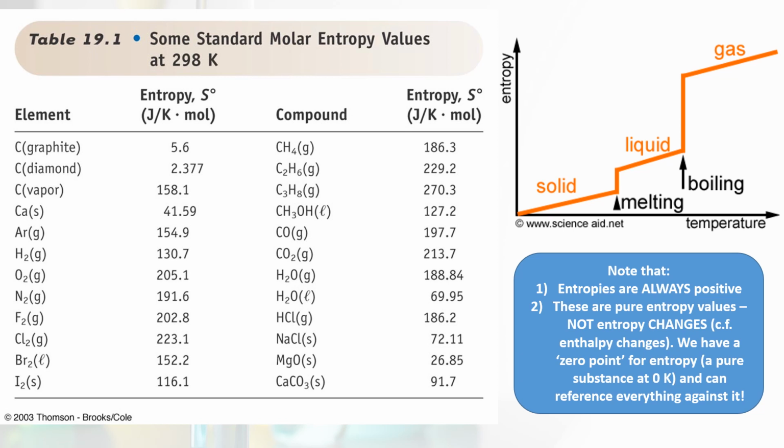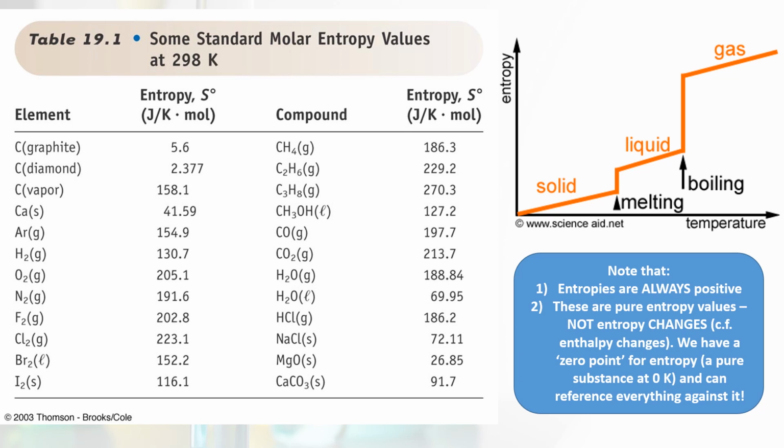And this will increase to the point where we melt our ice. And you can see on the melting point that we have what's called a discontinuity in our graph. We have this straight vertical line. Sometimes that vertical line bit isn't even shown, and you jump straight from where the solid bit ends to where the liquid bit starts. But you can see that there's a big increase in entropy there. Straight away, instantaneously, a huge increase in the entropy. And that's because our liquid is much more disordered than our solid is. It's much more random. There's many more ways we can arrange all the particles in our liquid state than there is in the solid.